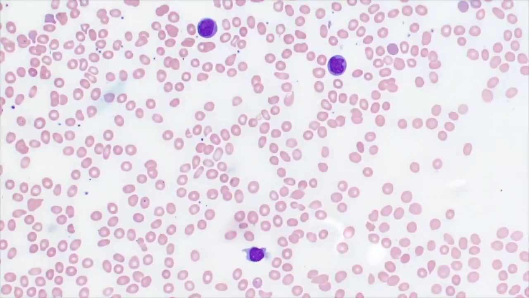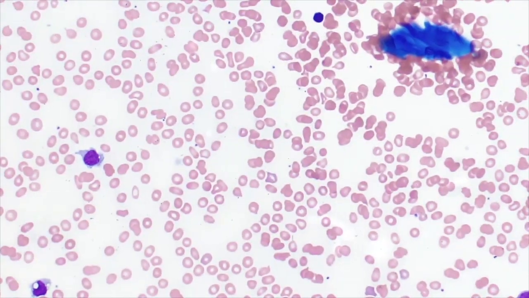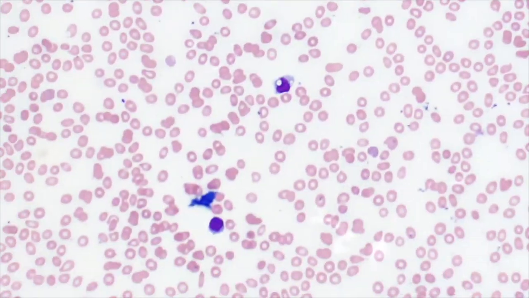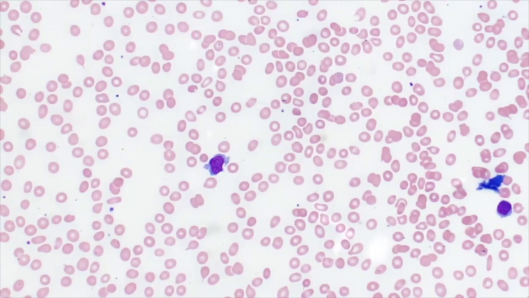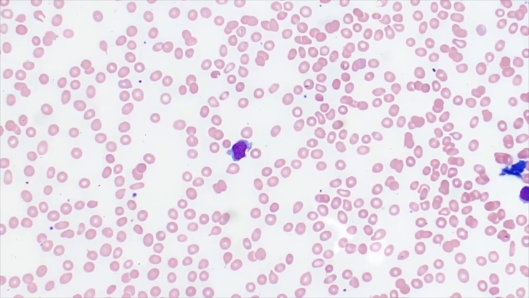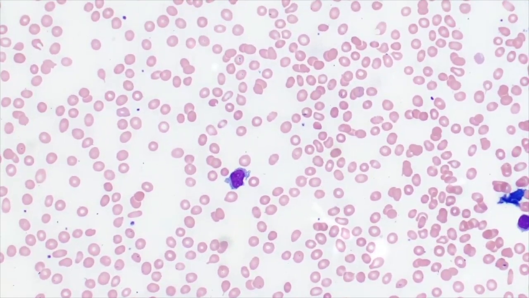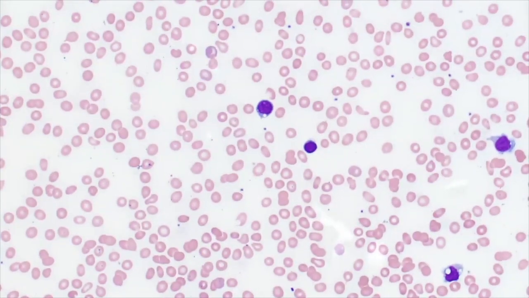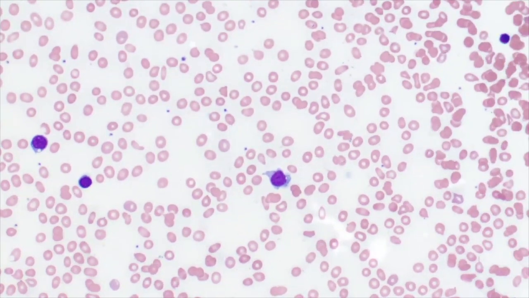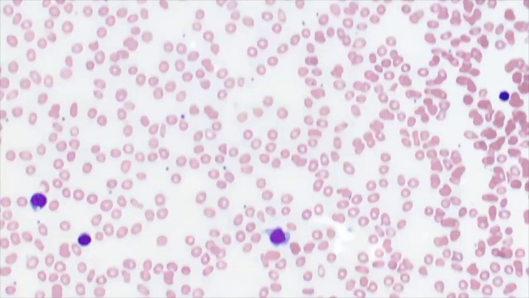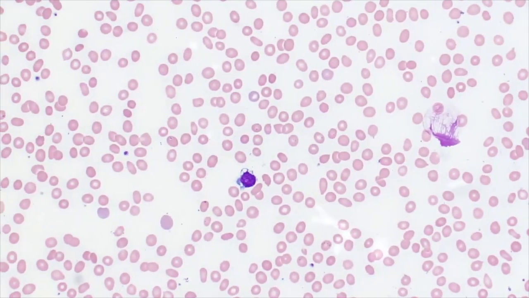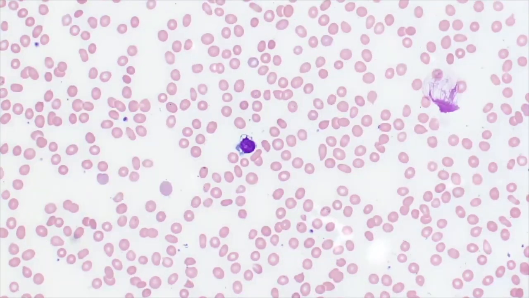You can see that the lymphocytes in this case, the neoplastic lymphocytes in this case, show a moderate amount of cytoplasm, one or more conspicuous nucleoli, and an ovoid nucleus, some showing vacuolization. We wouldn't be able to make a diagnosis of splenic marginal zone lymphoma based solely upon this peripheral blood morphology sample,